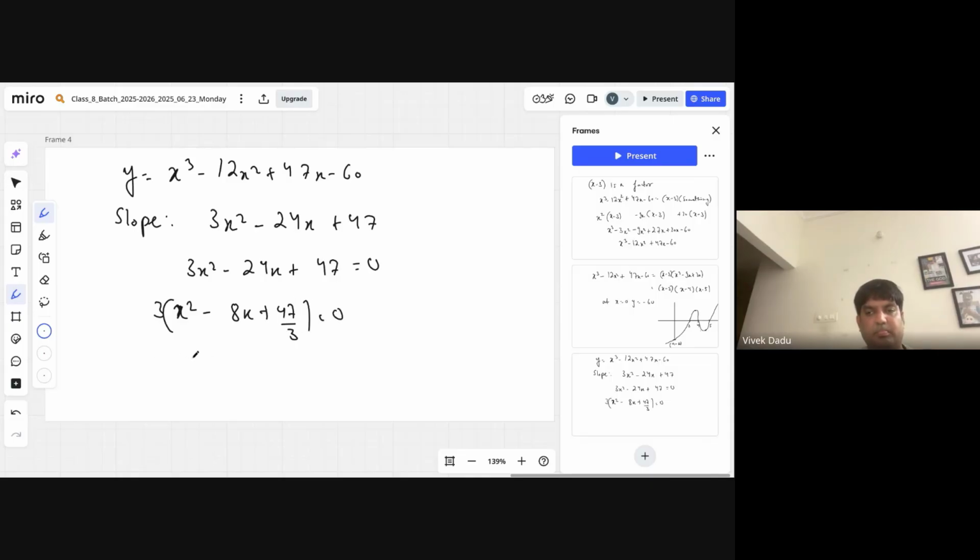Right? So what do you get from this? Now from this you do plus x square minus 8x plus 16 plus 47 by 3 minus 16 equal to 0. So you get x minus 4, sorry, whole square